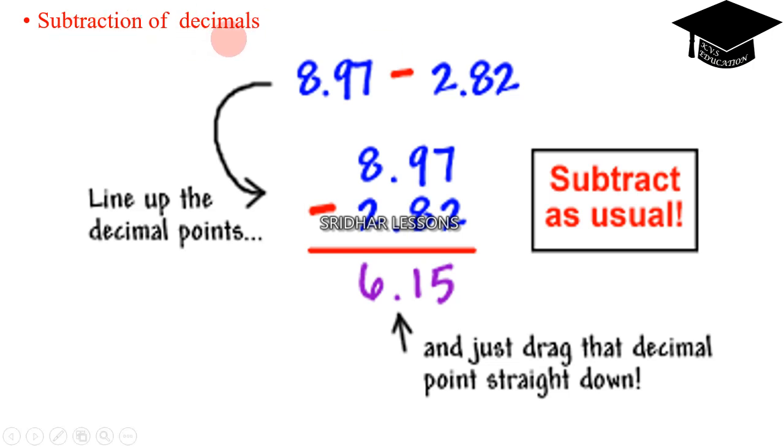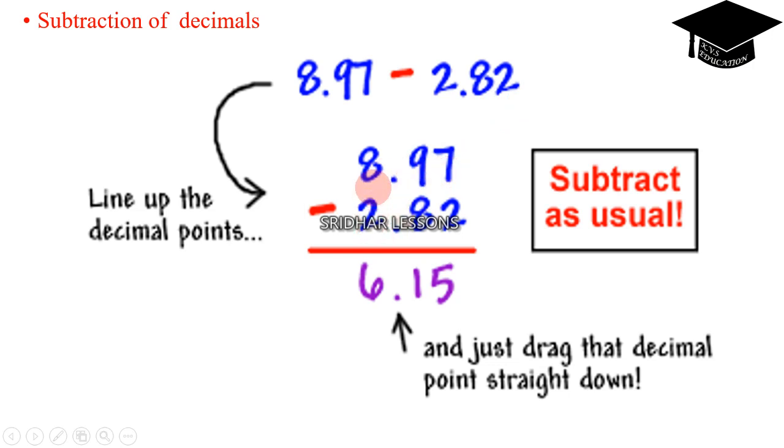Subtraction of decimals. As we have learned how to add decimals in the previous exercise, we follow the same formula here also. First, line up the decimal points, and drag that decimal point straight down, and the values also. For example, 8.97 minus 2.82,